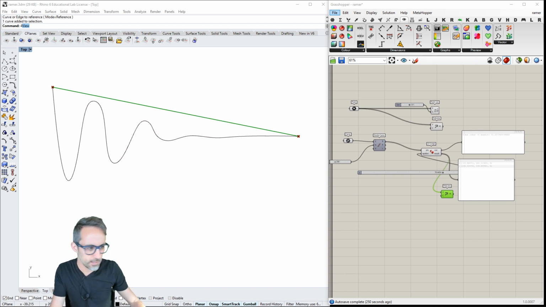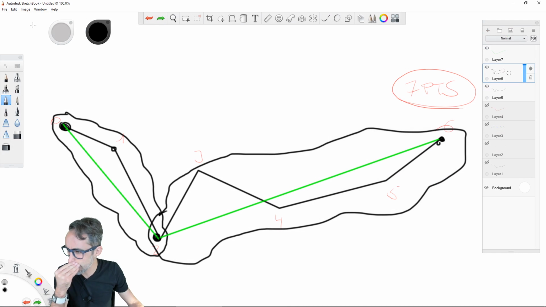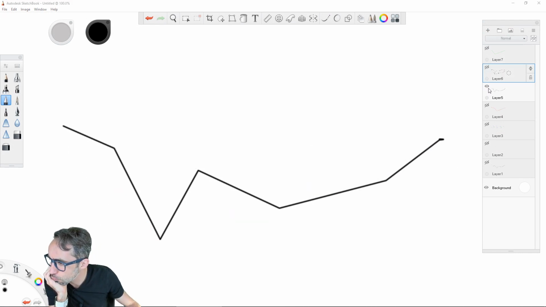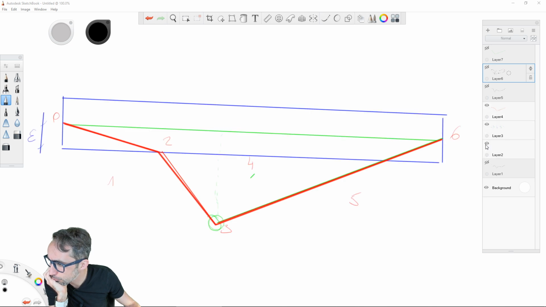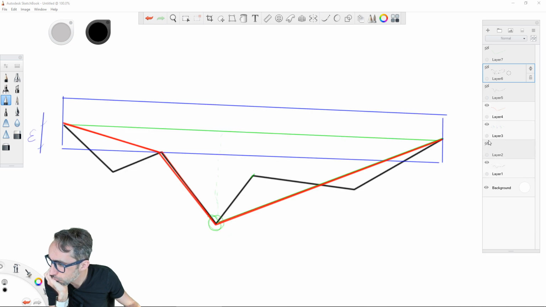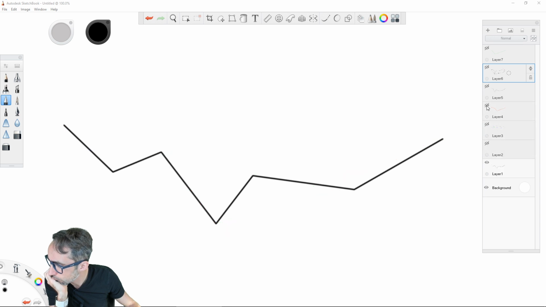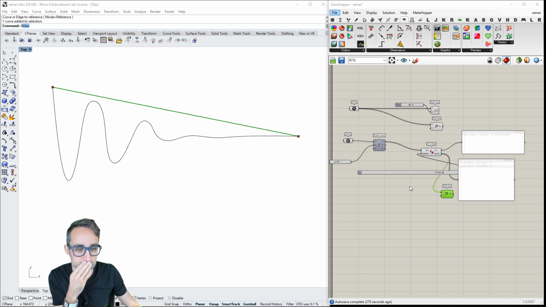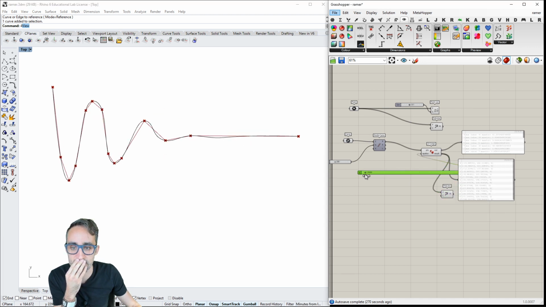So let me see. Do I want to go back here for the intro at all? This is not really saying anything. I can just explain the algorithm by being here and scrolling, right?